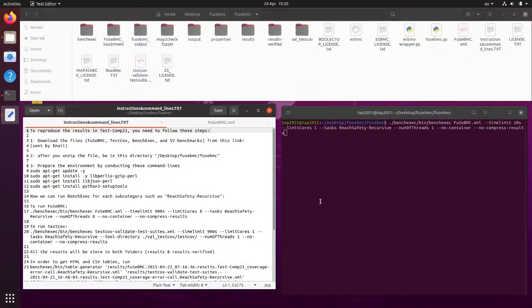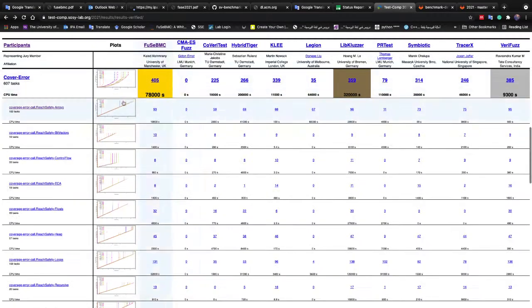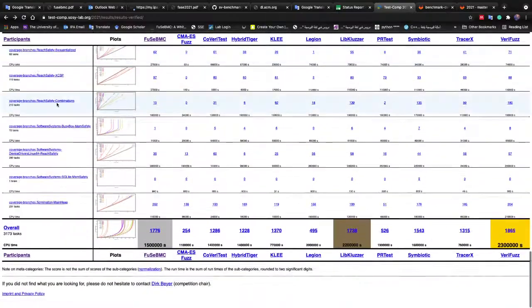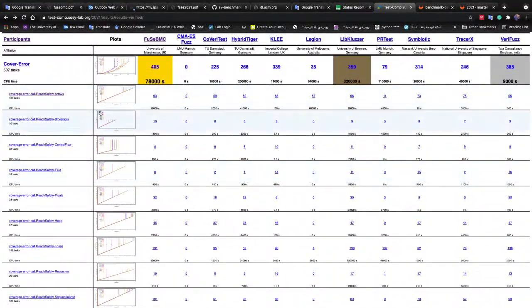Hello everyone. In terms of giving more details about reproducing the result that we show in our paper, let me take you to the website that is hosting and publishing the result of our tool FuSeBMC from the Test-Comp competition. As you can see here, we have two categories, cover error and cover branches, and an overall results. You can see for each category they have a subcategory here with the time consumed for reproducing